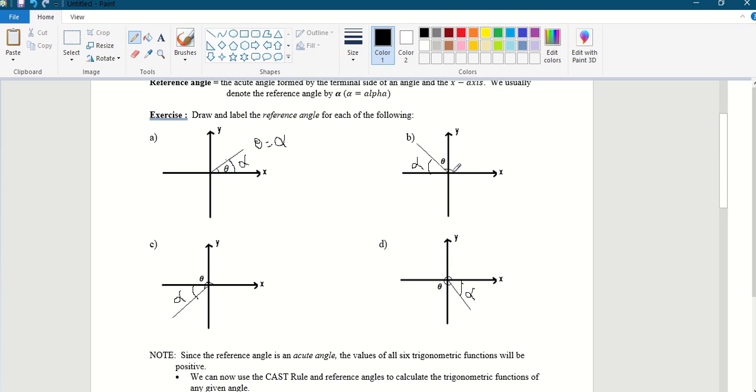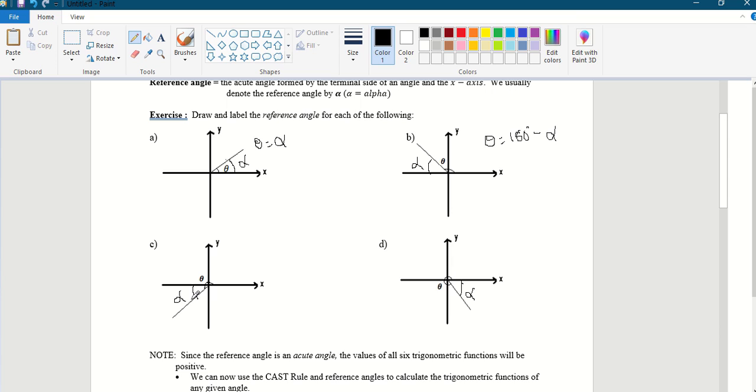So if this much is theta and this much is the remaining from 180, the relation between theta and alpha in the second quadrant will be theta equals 180 subtract alpha, 180 minus alpha. Okay, so this is 0, 90, 180. We do not connect it with 90. We always connect it with the x-axis, so either 0 or 180 or 360.